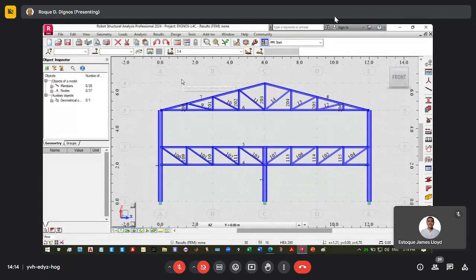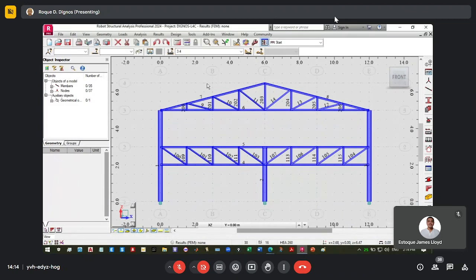So first, the type of analysis. Since we are applying the structure with a moving load, that means a load that changes as it moves. So therefore, we need an iteration.